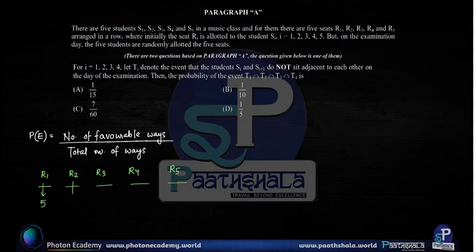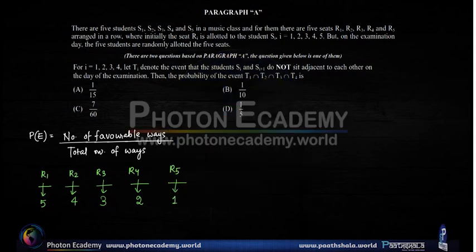For the second seat, it has 4 choices because one student is already seated in the first seat. For R3, similarly, we have 3 choices, and for R4, we have 2, and for R5, we have 1. So the total number of ways is 5 into 4 into 3 into 2 into 1, which is 5 factorial